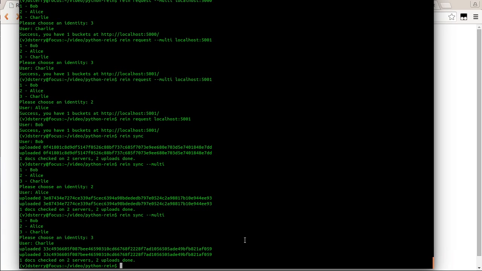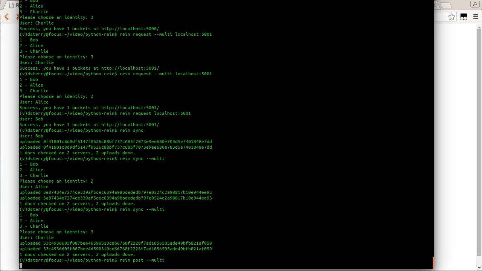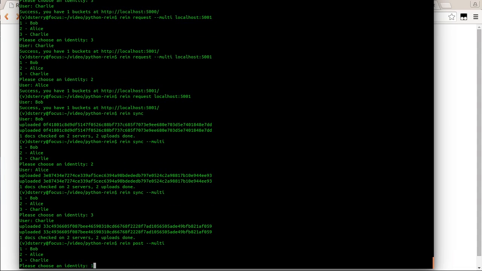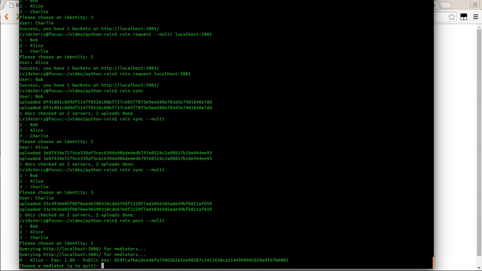So the first step in creating a job is going to be Rein post, and we're going to do this as Bob. I'm just going to go ahead and use multi switch for all the commands here because it'll make it a little clearer since I'm using all the users from one instance of Rein, one local database. So I can choose one Bob, and what it sees, it just checked with the servers and it found that there is one mediator available, Alice. She charges a fee of 1%, and it shows her public key,